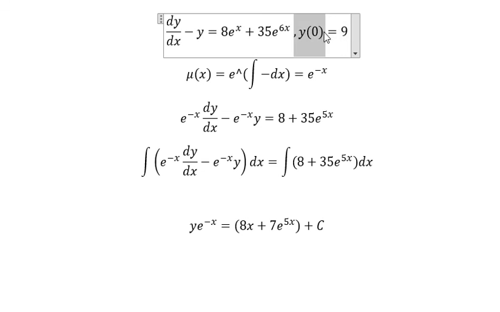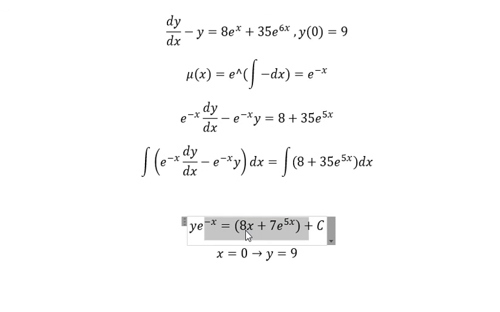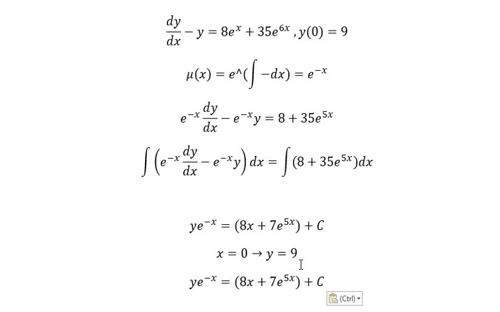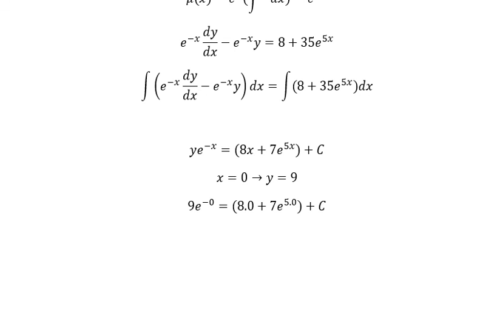We have a given condition in here. So we have when s is equal to 0, y should be 9. So we put 9 in here, 0 in here, and here, and here. So you will get